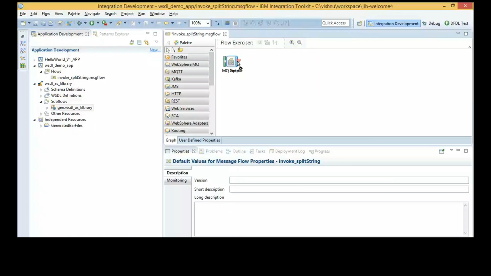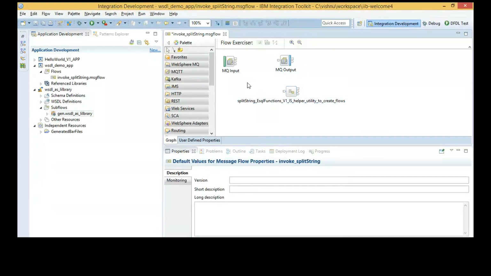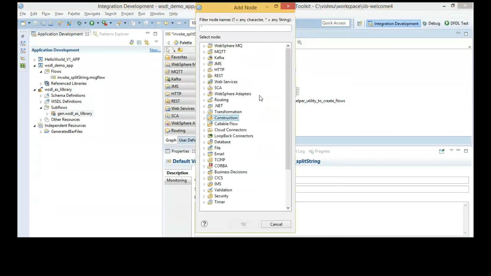So the best way to do that is by using a subflow. All your logic will reside within the subflow. You only have to drag and drop the component and that functionality is available to you. The less code you write, the less bugs you create.